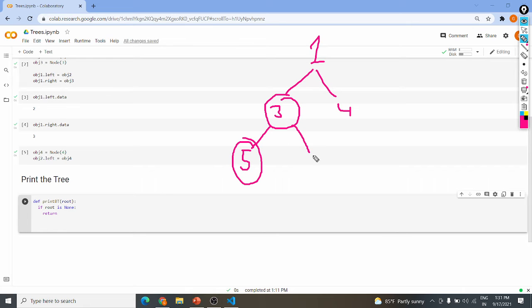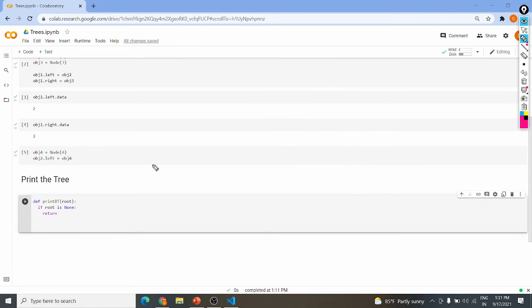Second case can be there is only a right child. Third case can be there are both left and right children, and fourth case can be there is no child. Correct? So let's see how our code will look.